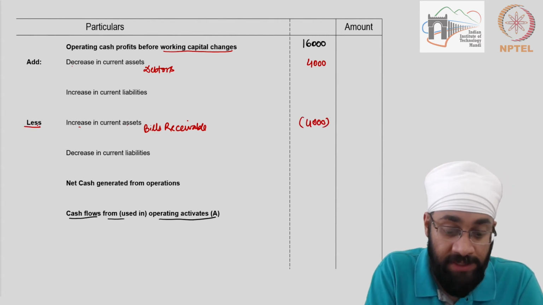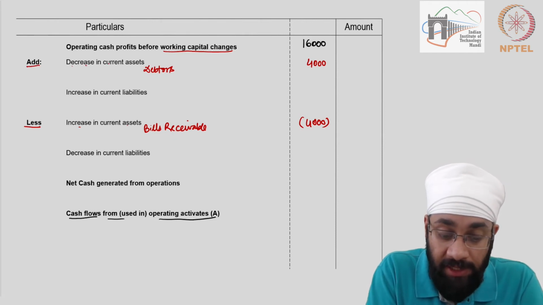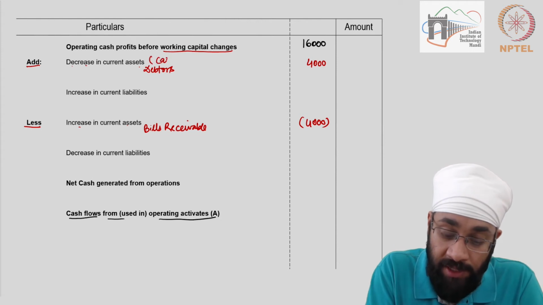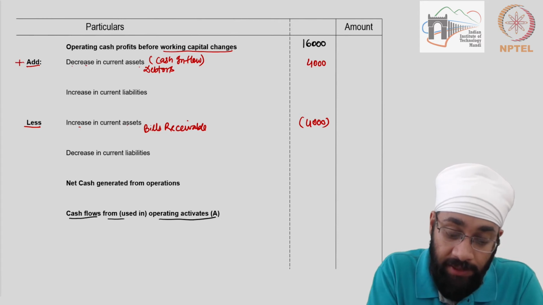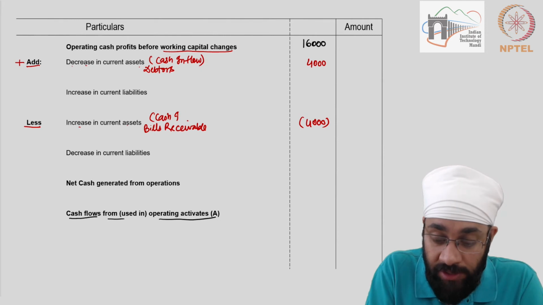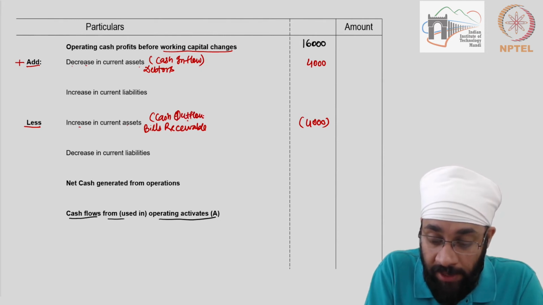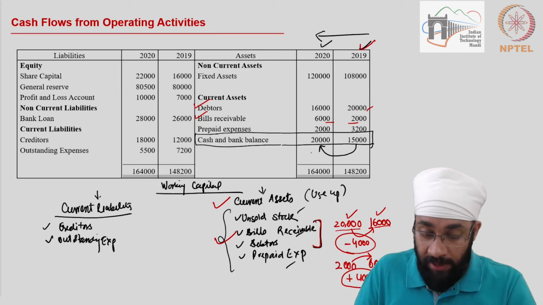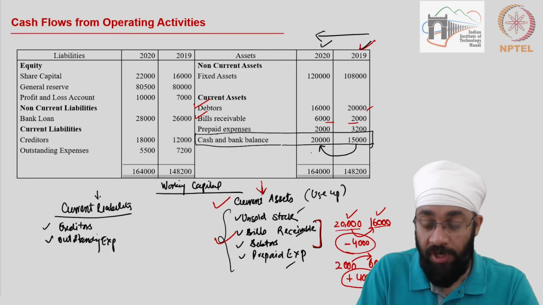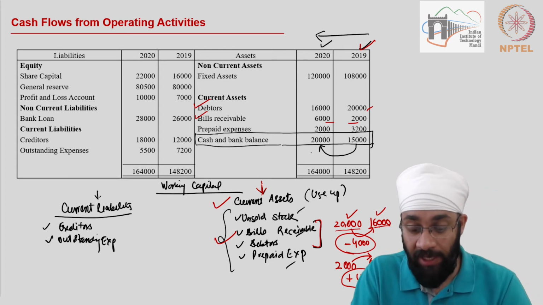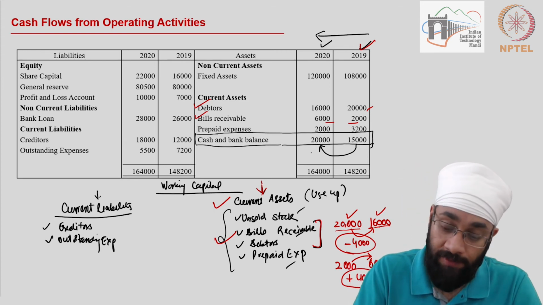It says less. So if you notice, any decrease in the current asset is a source of cash. So this is a cash inflow and that's why we are adding it, and any increase in the current asset is a cash outflow and therefore we are deducting it. As discussed earlier as well, when you create more current assets, you are blocking your money. That's an outflow of cash and that's exactly what we are making adjustments for.